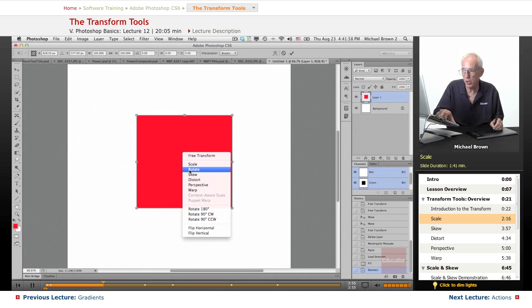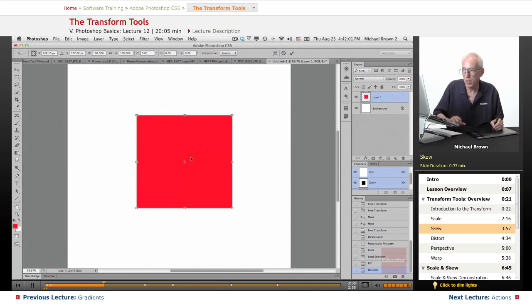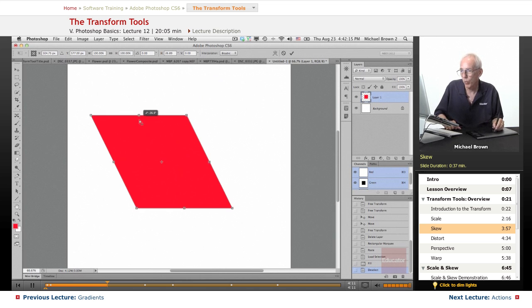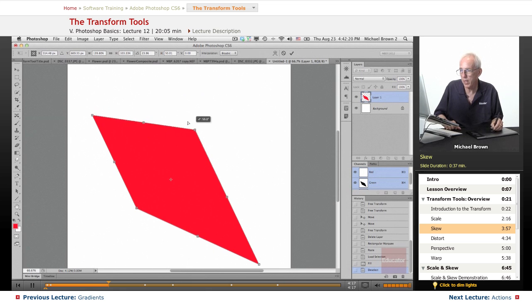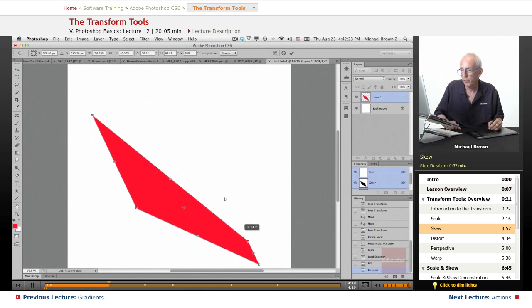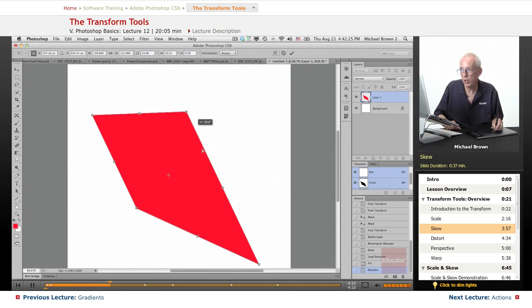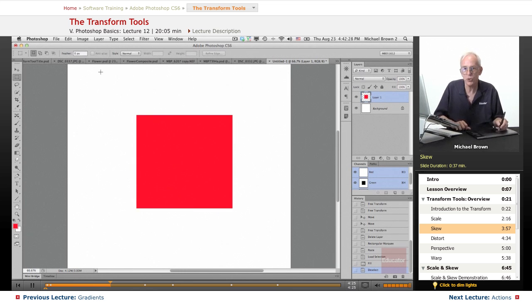You already looked at scale. You understand rotate. Skew is precisely what it says. If we grab this end, it actually distorts. But if we do the Control-click skew in the center, we get a skew, traditional skew. Now you can distort an edge individually by changing only the corners themselves. So there's an additional feature in the skew. Command on a Mac, Control on a PC, the letter T, Control-click on a Mac, right-click on a PC. Let's